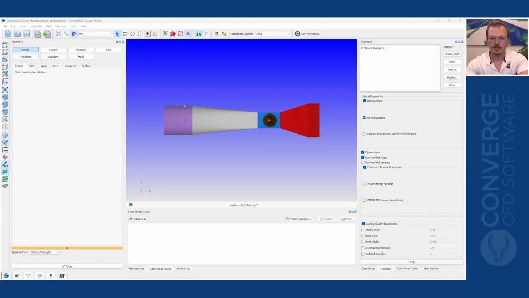Hello, in this short video we're going to discuss surface preparation in CONVERGE Studio. Surface preparation involves getting rid of all the surface defects that might exist in your geometry, and then preparing your geometry for the case setup process. At the end of this video, you'll be confident identifying different types of surface defects and various ways you can